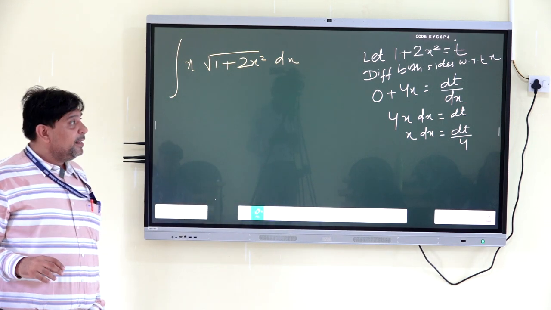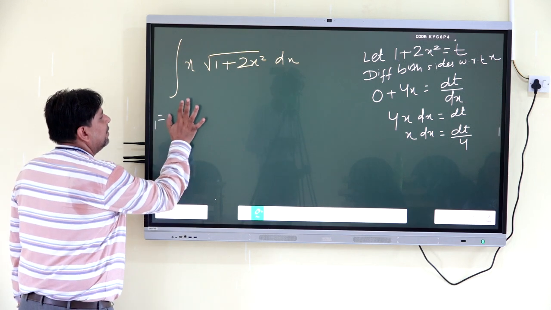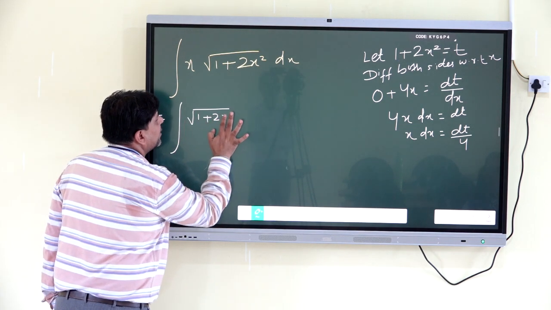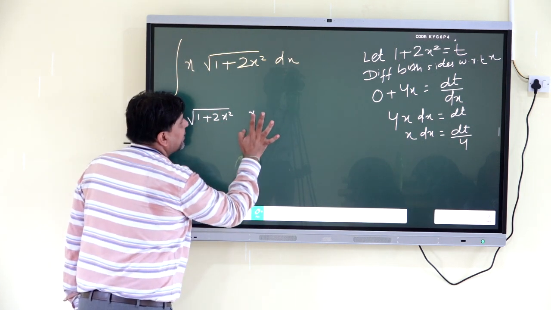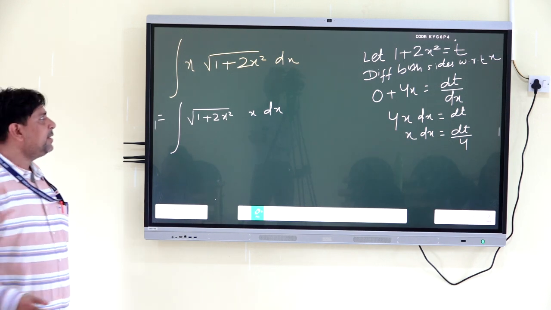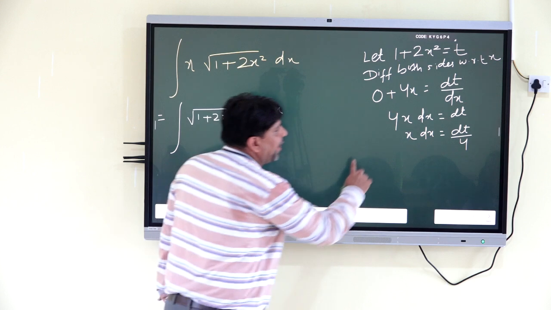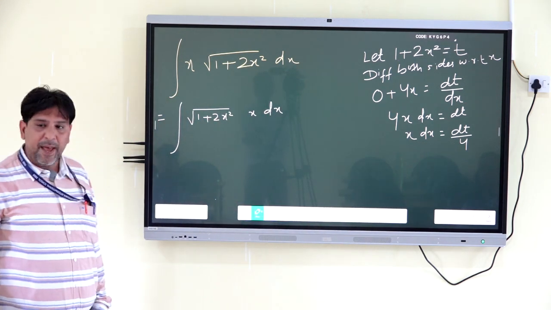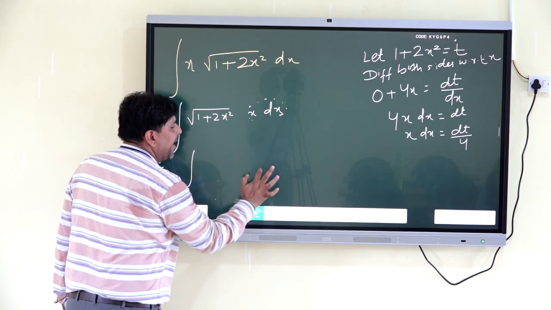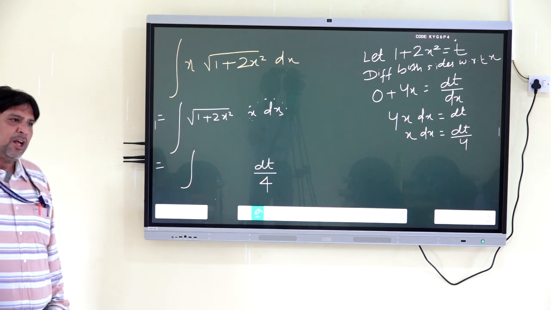Now you will all say, sir, why did you find x dx? I will say, can we write it like this: root over of 1 plus 2x square, here x, here dx? Very easy. Why am I writing like this? Because in place of x dx, I will write dt by 4. So integration of dt by 4,